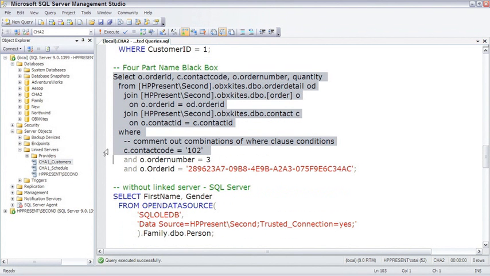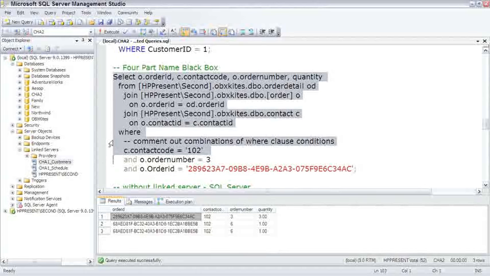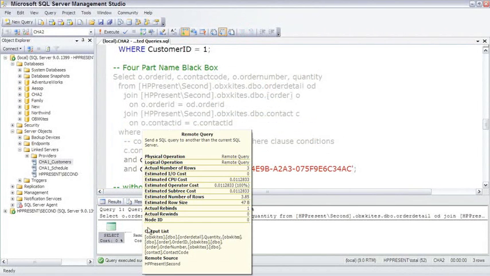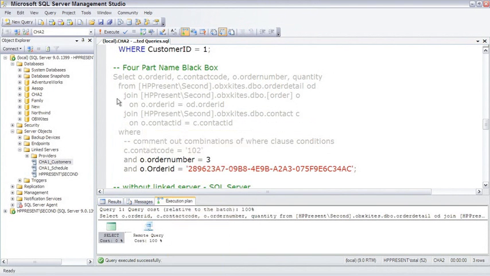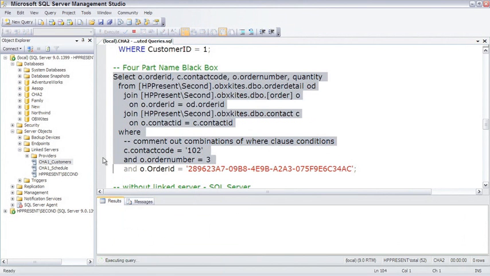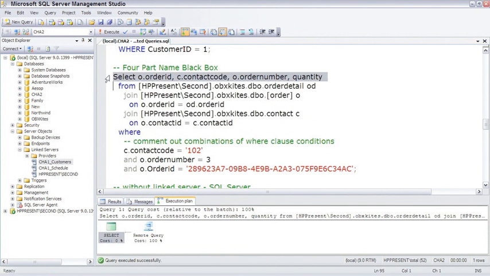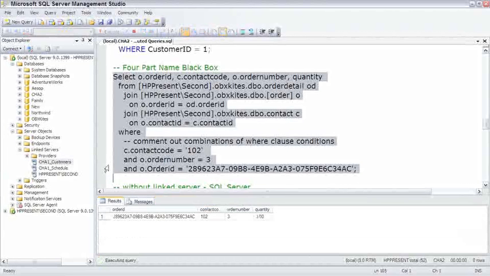If we run just one where clause, looking at the execution plan, it actually passes that over and the query is executed remotely and we just get the answer back. 2 where clauses, it's still a remote query. 3 where clauses,